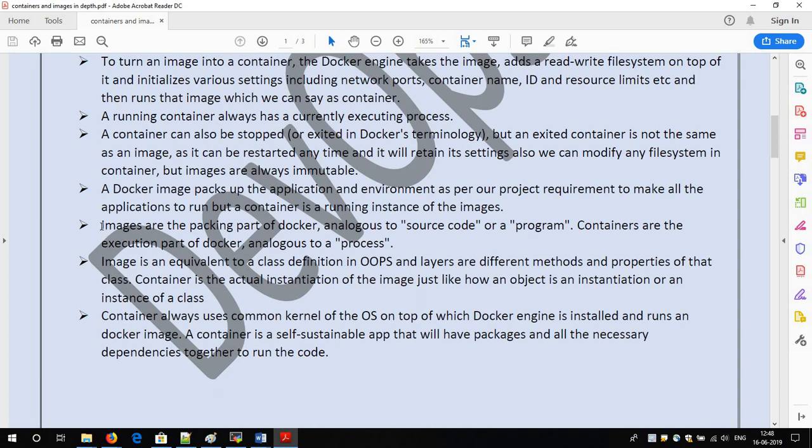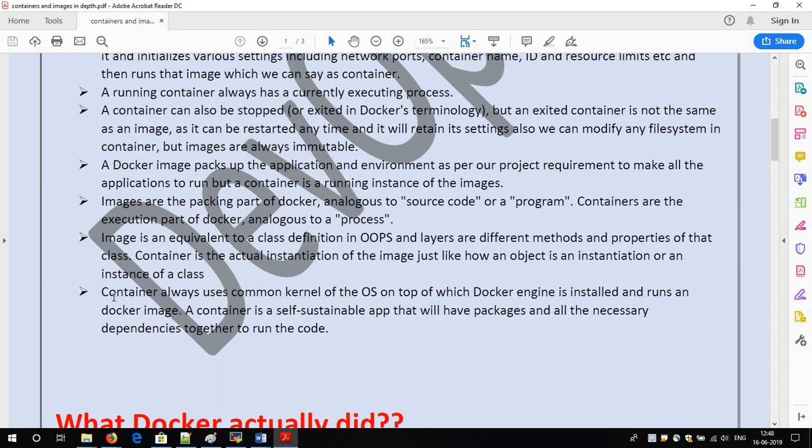Now the next point is image or packing parts of Docker. Okay, we have already discussed this. Container always uses the common kernel of the operating system. This is the most important point, and I discussed this on the very first day. See what they are saying: container always uses the common kernel. Means what is the difference between